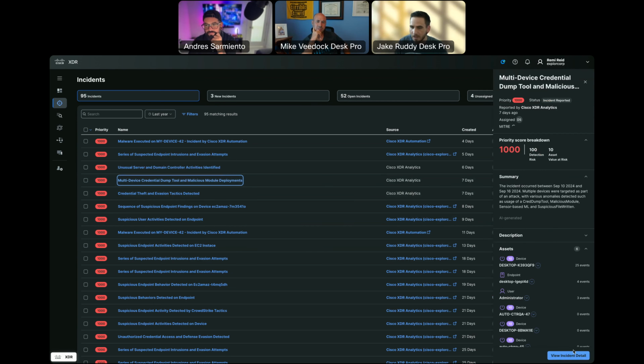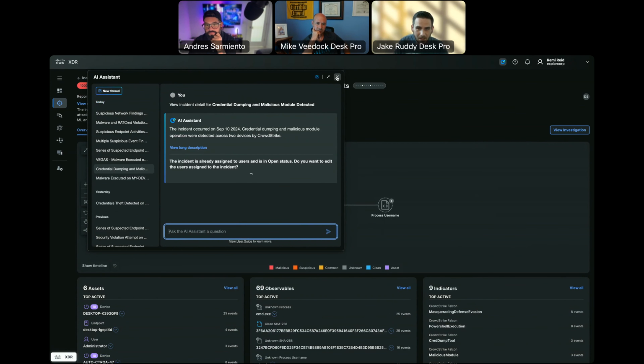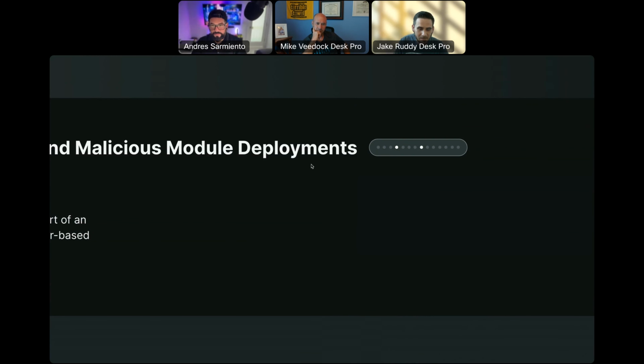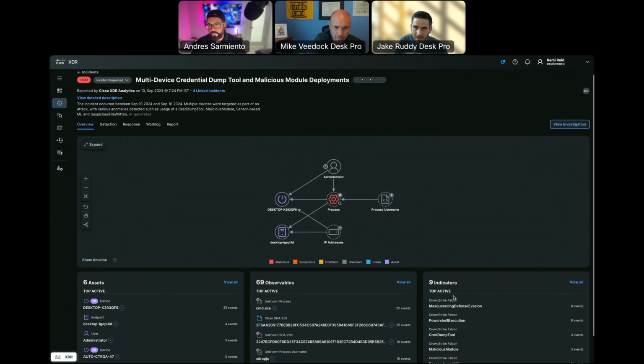All right, so we'll just pick one of these to open up as an example. There's our AI assistant popping up. We'll come back to that guy. Disappear for now. If I look at this particular incident, and if we look at indicators, those are nothing more than the source events, the source detections that came from some type of security single point product. In this case, these are CrowdStrike events. These do not need to be Cisco security products that we're consuming telemetry on. This happened to be a list of a whole ton of different CrowdStrike detections that we had. Each one of these events, each one of these detections, regardless of the platform or the product it's from, is going to have its own name.